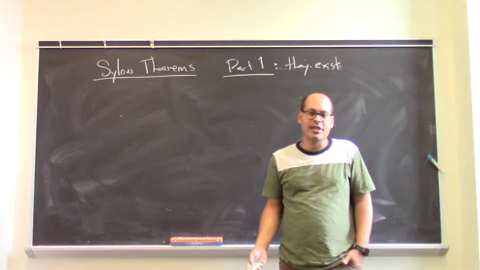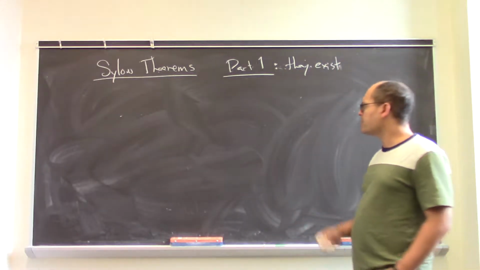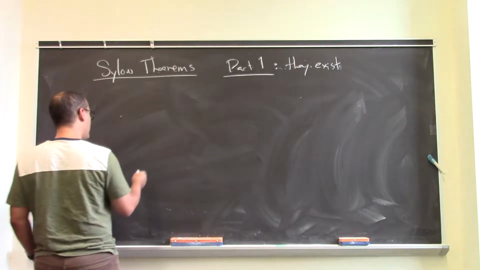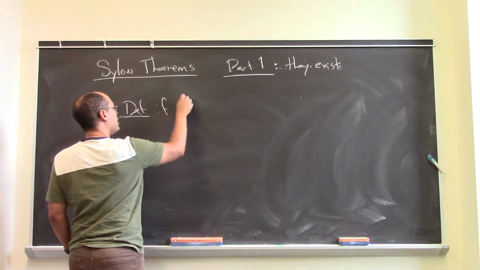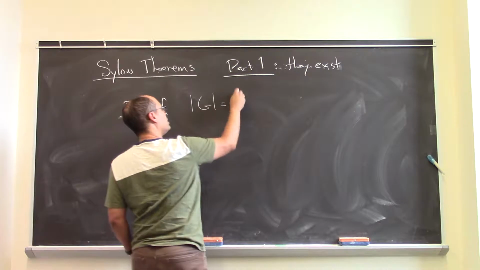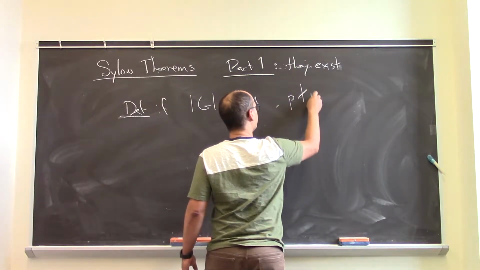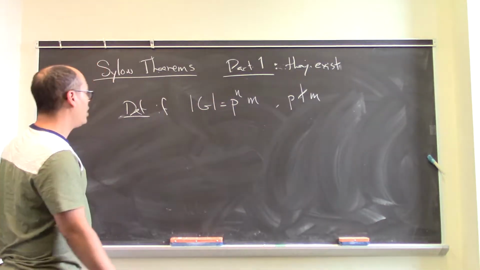Perhaps the most fun thing that one can do with the class equation is start to prove the Sylow theorems. So let's just recall what the Sylow theorems are about. Definition: if the order of a group, let's say, is p to the n times m, where p doesn't divide m, so if it has exactly n powers of p inside of it, we say